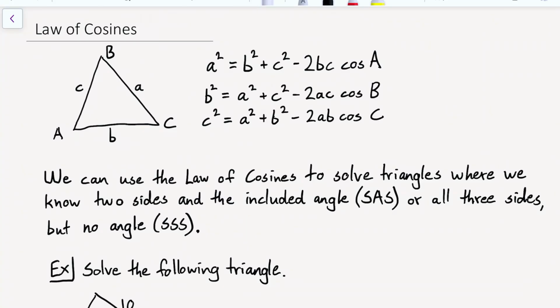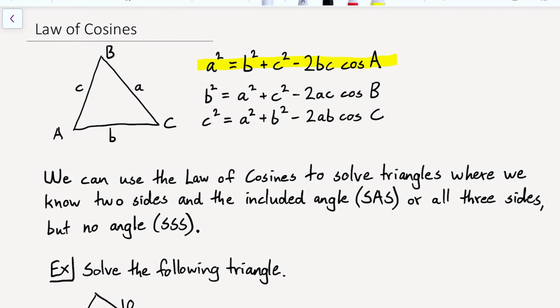In this video, I would like to present one final rule called the Law of Cosines that can help us solve additional non-right triangles. Without proving the Law of Cosines, I would like to present it in three different forms. A squared equals b squared plus c squared minus 2bc cosine of A, or its two alternate forms are provided